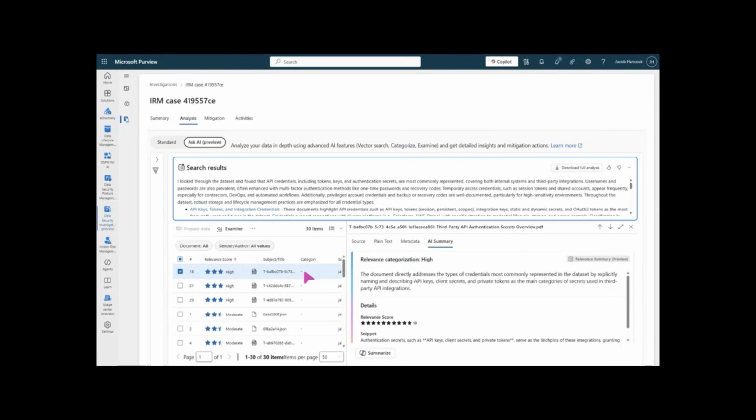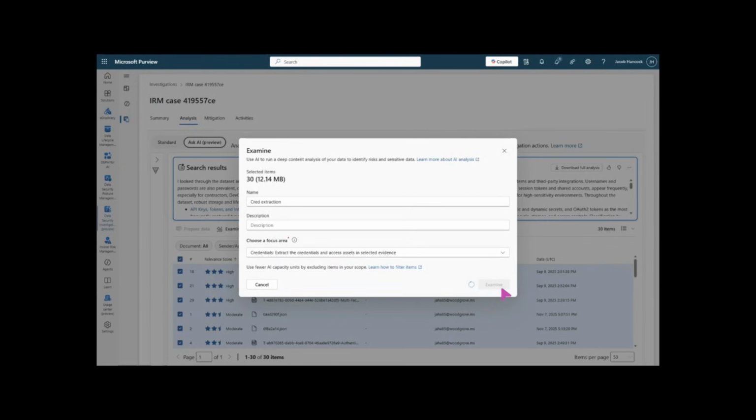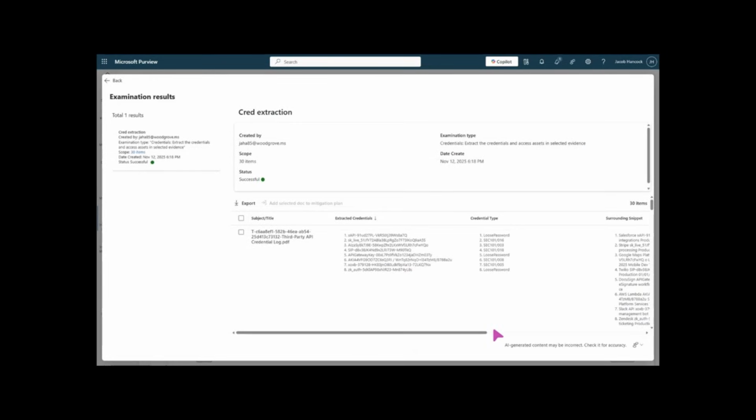So the next step that I typically need to do in such a workflow is I want to do a password extraction. So I'm going to multi-select all those files. And again, I'm going to click on that examinations button that I showed you earlier, except in this case, I don't care about mitigations. I want to do credential extractions. And that's what you can see, the bottom option that I'm selecting. So I click that, again, a few minutes or more, depending on the size, and voila.